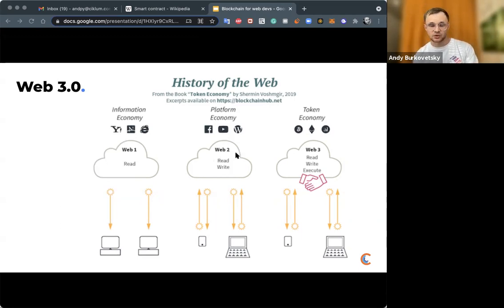The next phase is the token economy, with torrent, Bitcoin, and Ethereum as the main workhorses to start this. Bitcoin and Ethereum were the first widely used blockchains. Bitcoin was actually the first blockchain, and Ethereum was the first which provided the possibility to make programs on the blockchain.